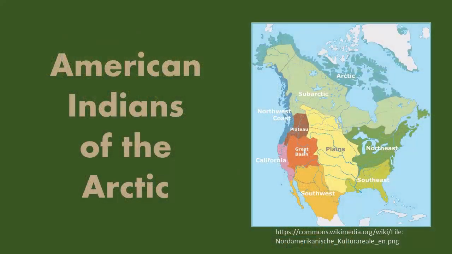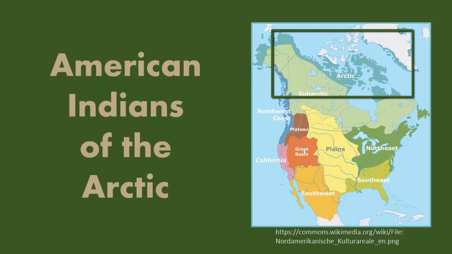Let's begin with a look at the American Indians who lived in the Arctic. You may also consider expanding your study of this region to include parts of the subarctic, which is typically shown on maps as a separate region. Among the best-known groups from this region are the Aleut and the Eskimo, including the Inuit. Remember that the standard does not refer to specific groups within the region.